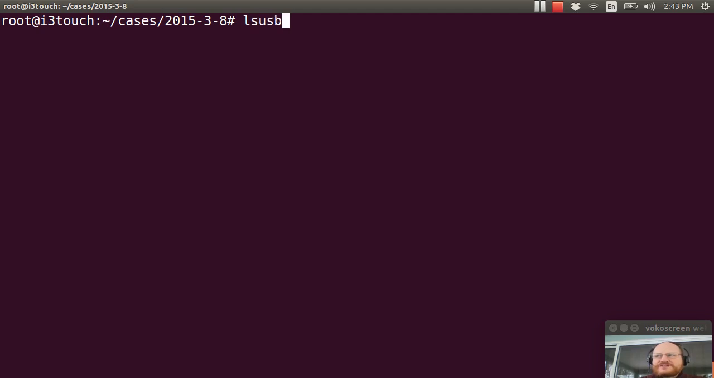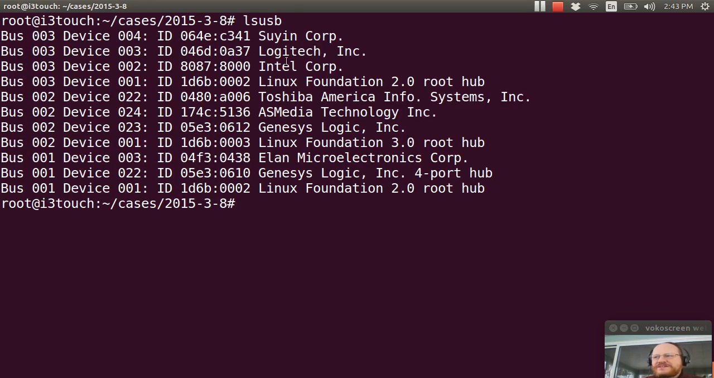So if I do an ls USB, I will see here's my backup drive. It's on bus 2. And here I see my hub. I should also see another drive, and I believe it's this one right here. More importantly, if I do an ls on